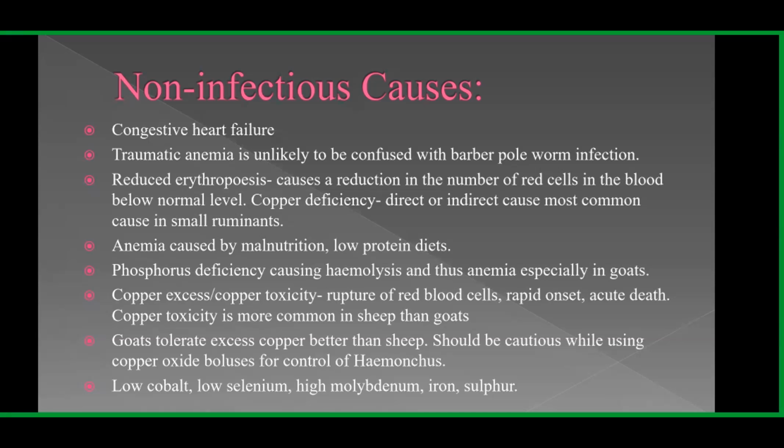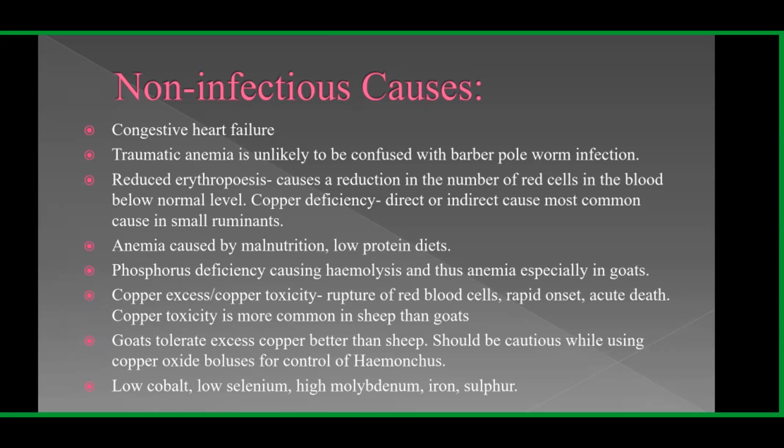Now, excess copper and reduced copper both cause rupture of the RBCs. There will be a rapid onset of the anemia, and there will be acute death. Copper toxicity is actually very common in sheep rather than in goats, since goats can tolerate the excess copper better than sheep. So while we are preparing feed mixes for animals, especially sheep and goats, this point